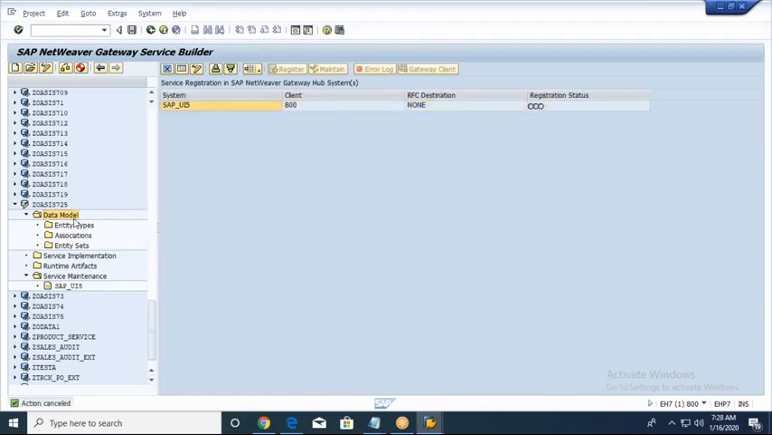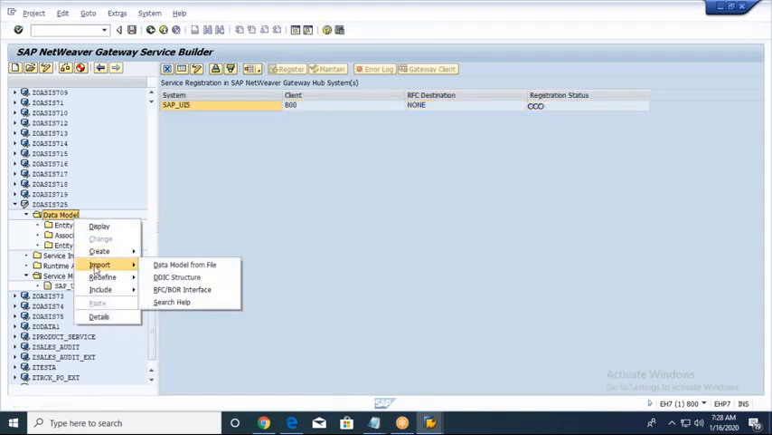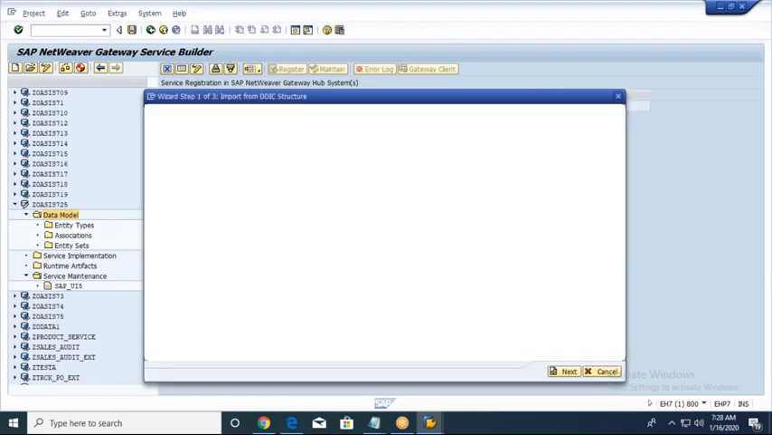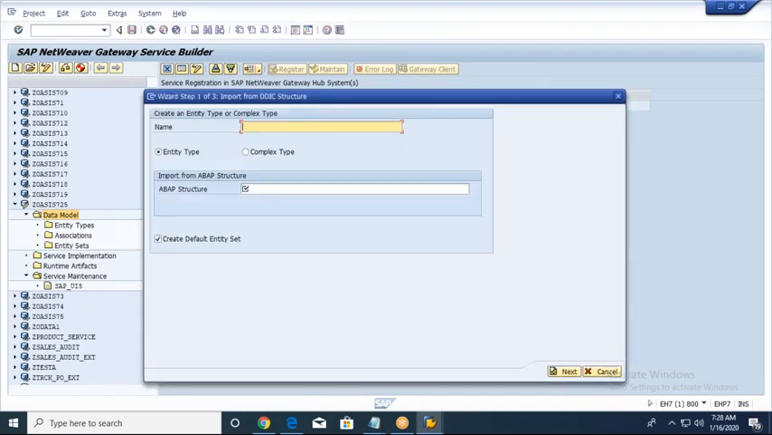What we did, we selected the data model folder, right click, import DDIC structure. We are giving here our entity type name, and we are creating it because we create entity type, entity set. Entity type is always with reference to the dictionary structure. And by default, this create default entity set checkbox is checked. If we click next,